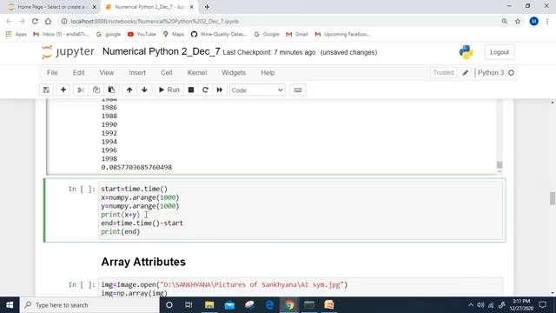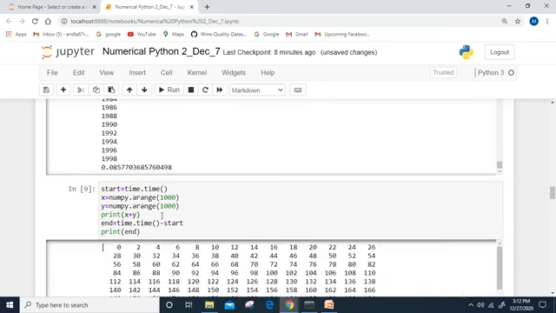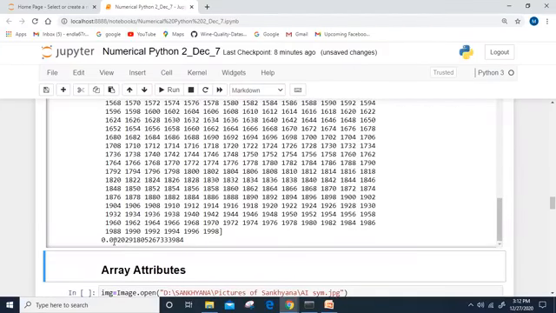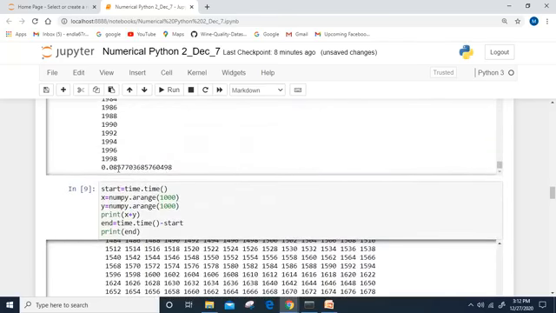Now I am going to take the summation of the values from x and y. Now I want to check how much time it takes to execute that. Let me run it, and see, it has taken 0.002 seconds, but the list has taken 0.08 seconds. So there is a variation between list and numpy. List takes more time to execute and numpy takes very little time when you compare that with a list, right?